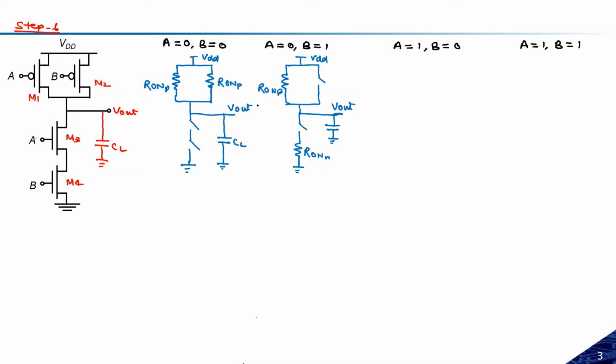Similarly, let's try to make the diagram for the third case. In the third case, we'll have an open circuit over here and then one resistance over here. It looks like both are the same, but when we do the detailed analysis of this circuit, we will get to know that the placing of the transistor is also very important. Logically, it looks the same. Let me draw it first, then I will explain what I'm saying.